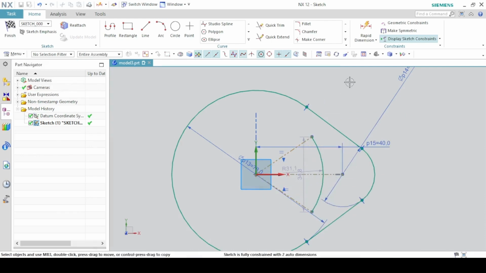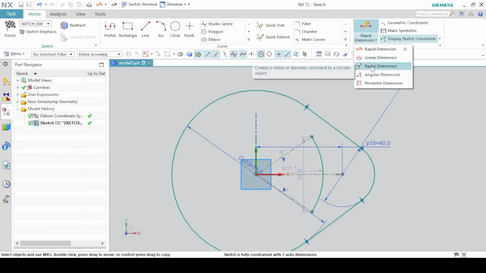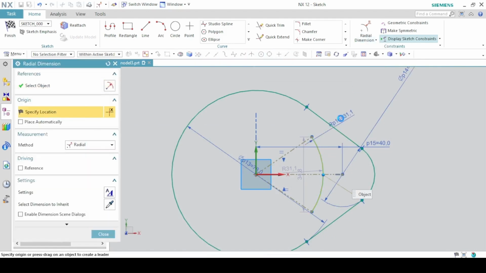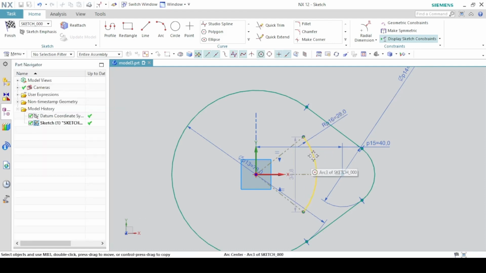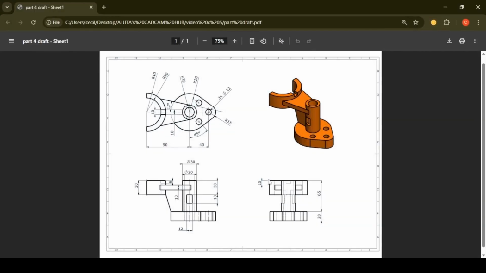The radius of the arc is 28, so with the radial dimension, and also we make the line a reference line. Then we are going to draw 3 circles of the same diameter of 12 on these 3 points.